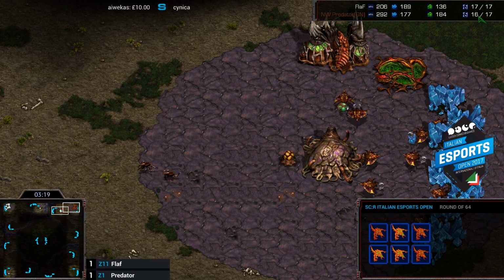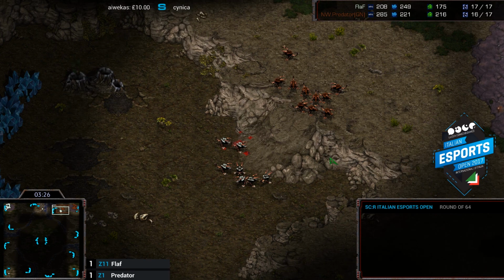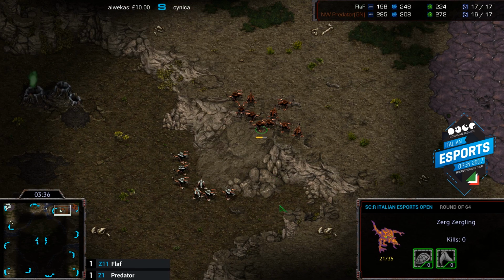So you can see the 1 supply difference. Now, you might think a 2 Zergling difference makes no difference, but it does in ZvZ. But Predator countering with a little Zergling snipe there. Oh man, this is some high level micro tactics in this game. You can see, so basically you want to make an arc, right? So if you make a really nice arc here,